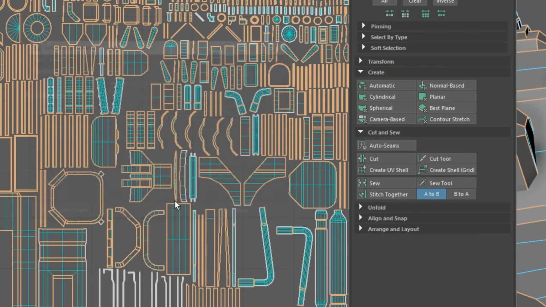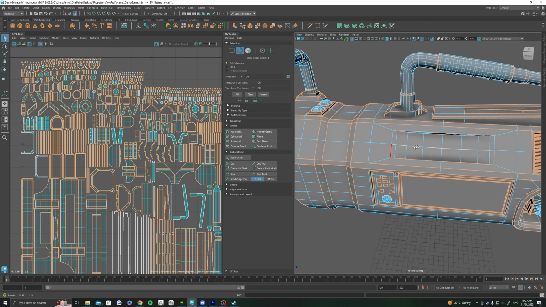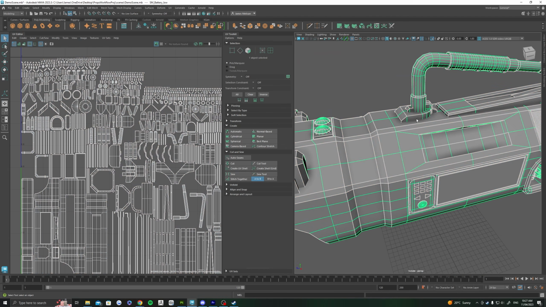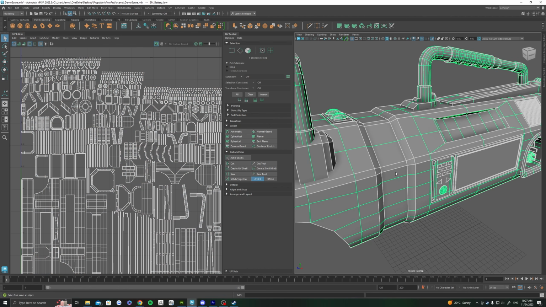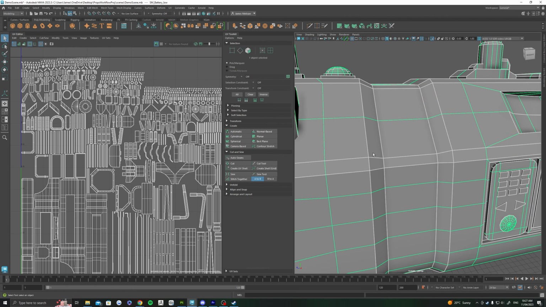So auto seams, and straight away you can see all these orange lines that it's given me. These are the new seams. So as I go into object mode, I can see all these white bold lines. It is now cut. So one of the main reasons we do this is because we want spacing around any sort of hard edge. This is a bit of a complex concept, but I can show you a quick example